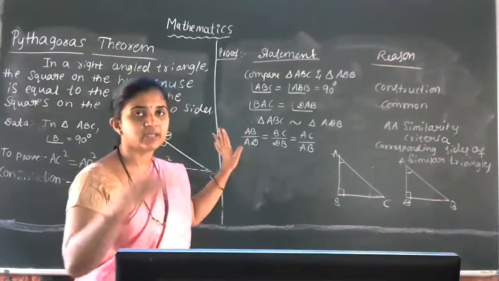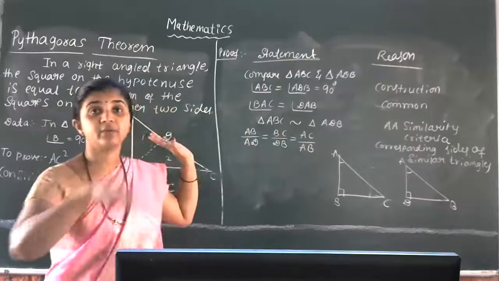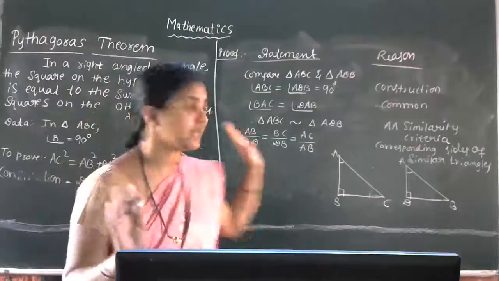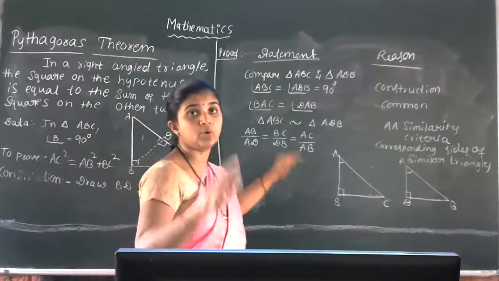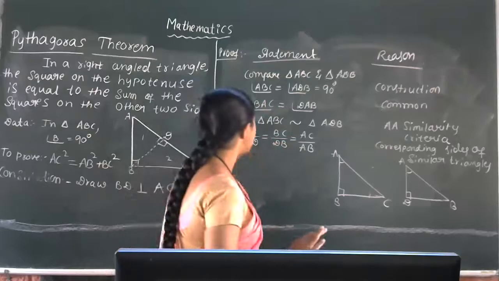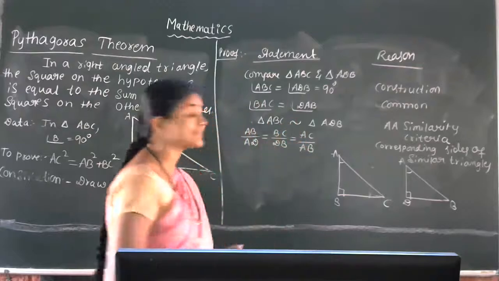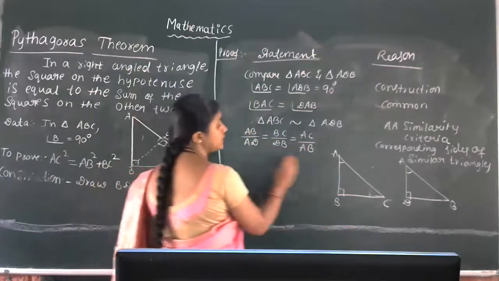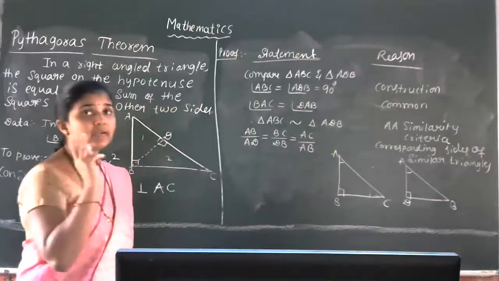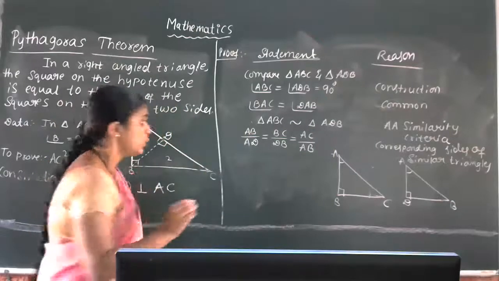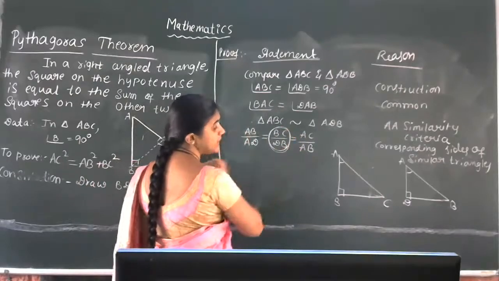First part is over. Now we continue with the second part. Which two triangles do we have to take? Compare triangle ABC and triangle BDC. For this also, I'll take the diagram. Triangle ABC has a 90 degree angle. In the other triangle, BDC, which angle is 90 degrees here? See here, 90 degrees and 90 degrees. One angle is common, that is angle C is common. You have to note that one.